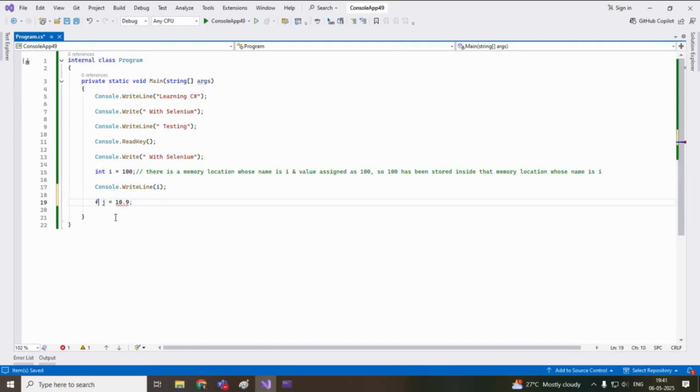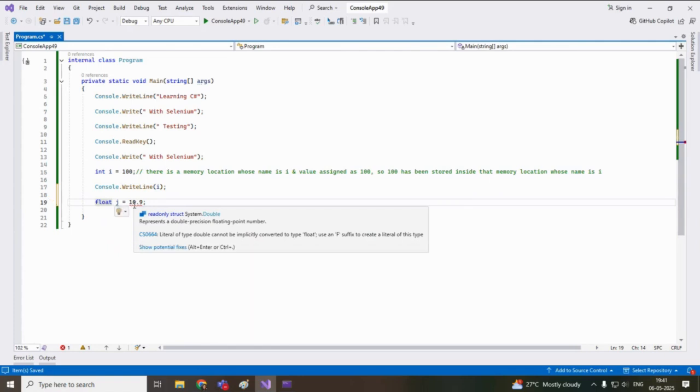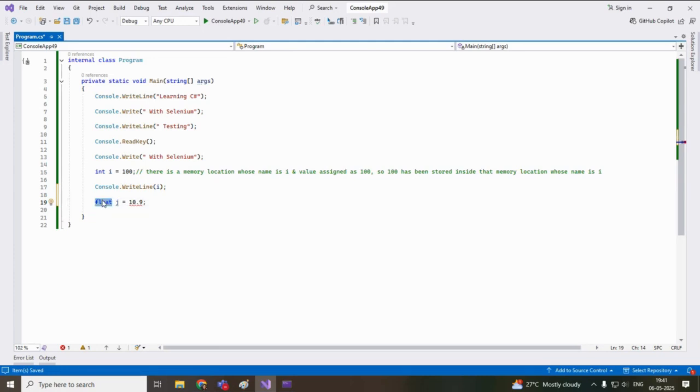Okay, now if I say float, you see it is giving an error, you have to use double. Double k equal to, so double represents the decimal values. And we have one more data type, char. Char f equal to, you can store only